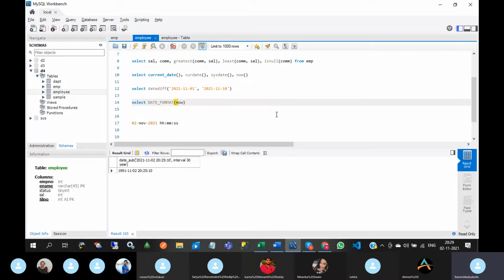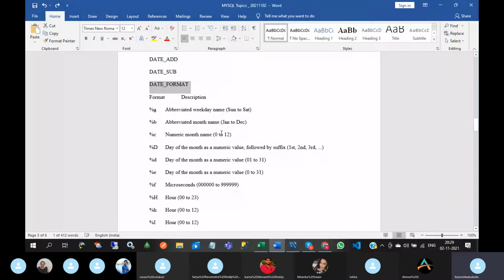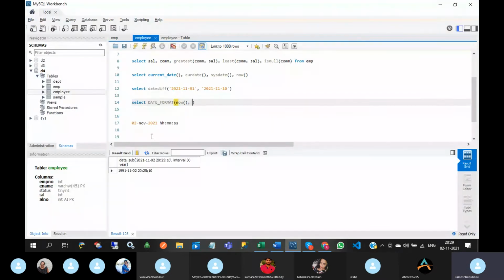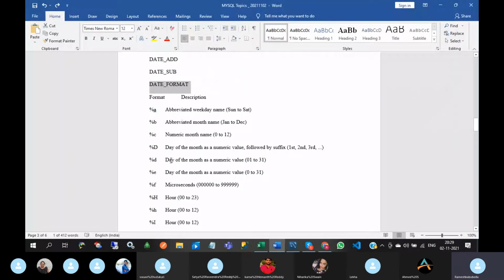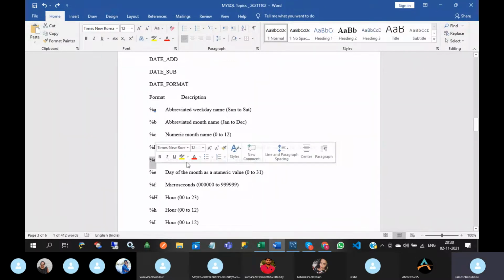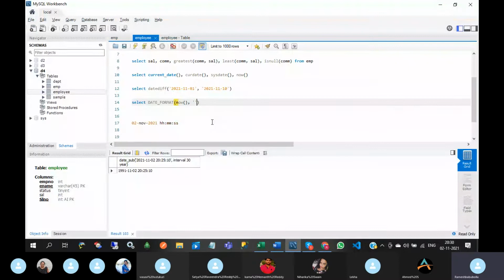DATE_FORMAT now, comma. See this date format. First of all, the date I want to display, that means 02. So 02 is the date, percentage d. Put percentage d in quotations. After that, a hyphen.